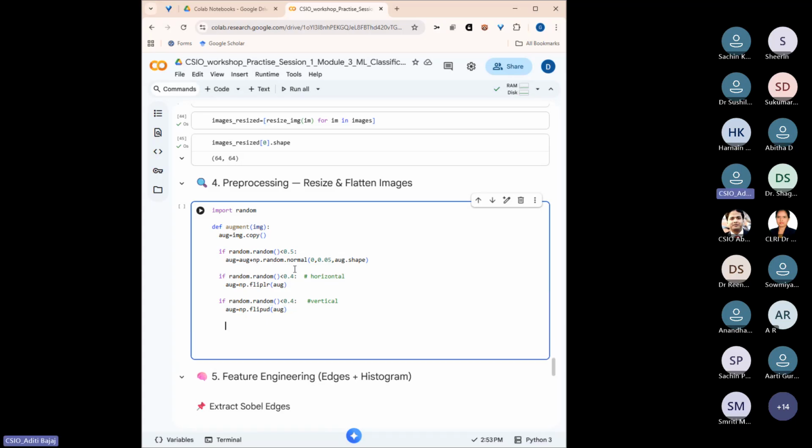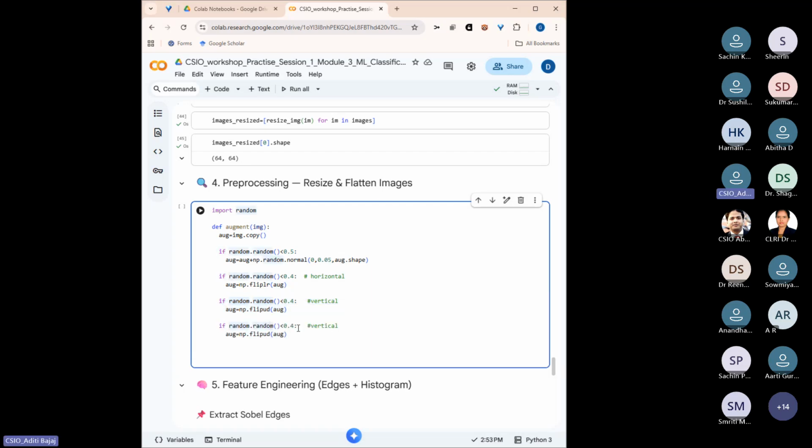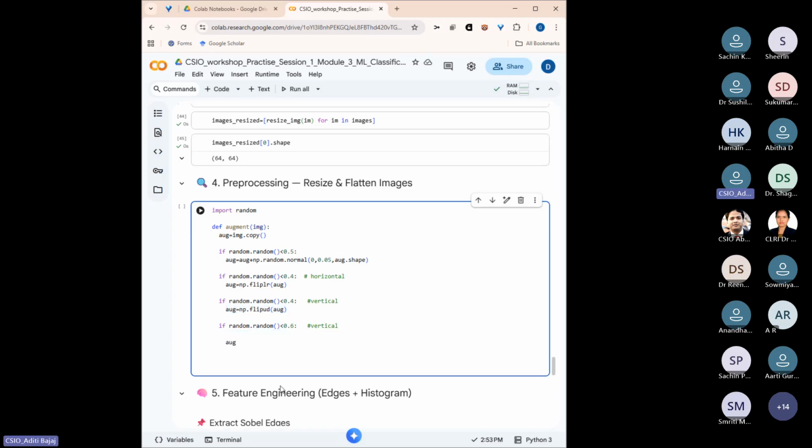Yeah, so this one was for adding noise, this for horizontal flipping, this for vertical, and now let's rotate also. If this number is, let's say, less than 0.6, how do we rotate this particular image? We can make a number. For that we have the function np.rotate